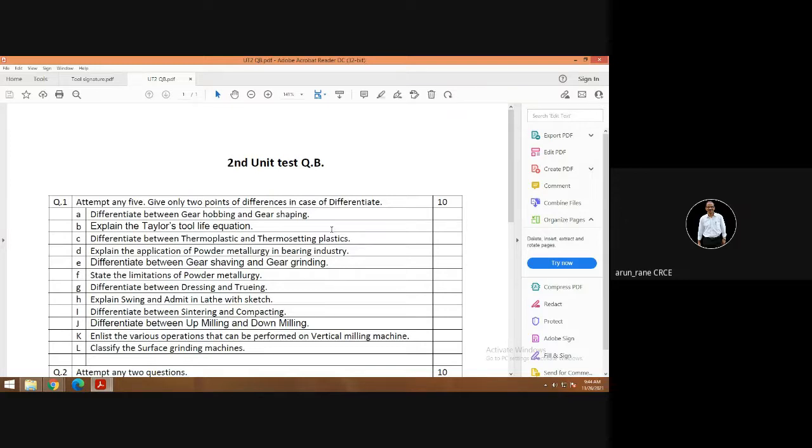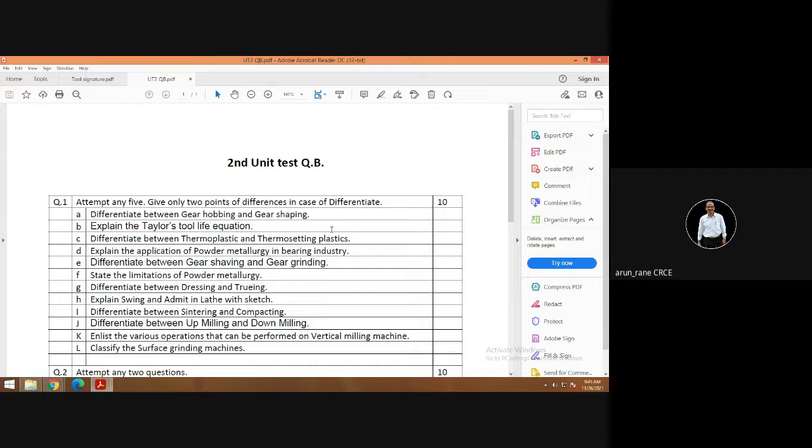In semester exams, differentiation may be asked for 5 marks. Obviously, in that case, you have to give five differences. Definition can be a difference, diagram can be a difference, example also can be a difference. If you are starving for differences and can't find 5, then definition, example, diagram can be considered as differences, but both sides have to be correct.